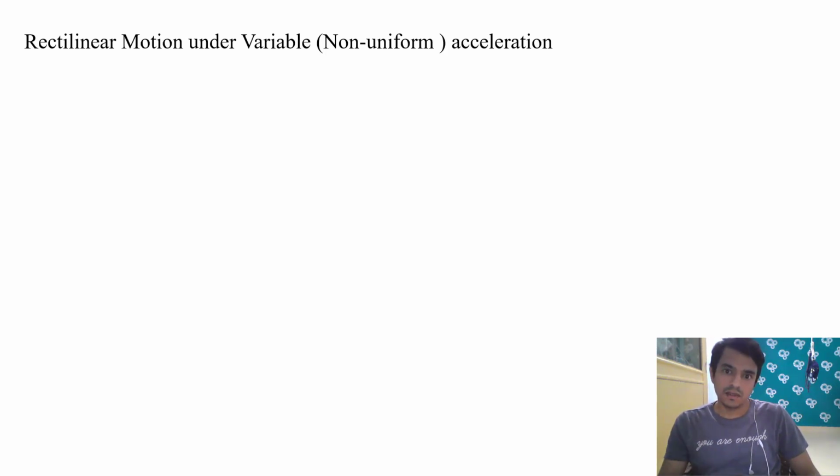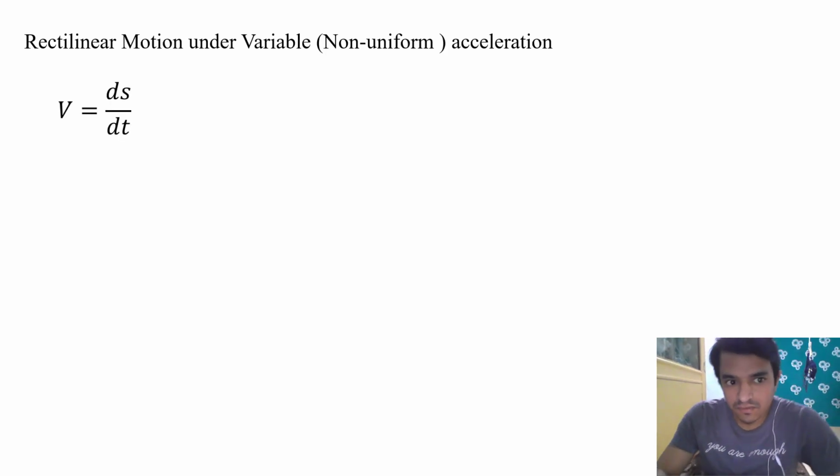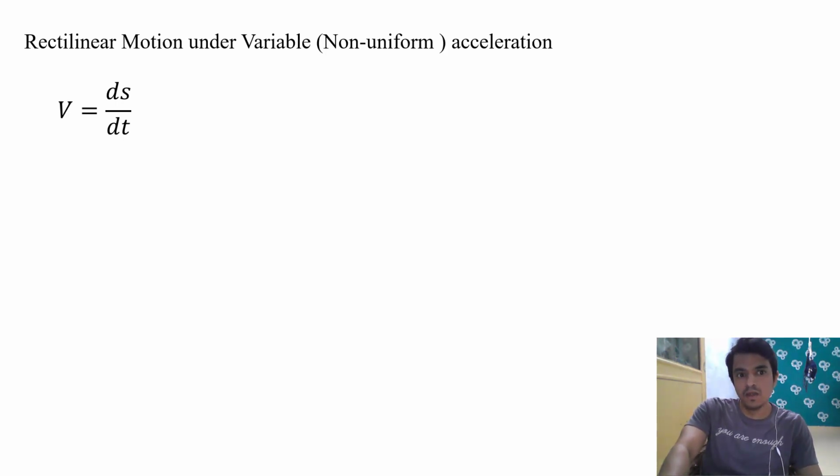In this type, the question will be given like s in terms of t. The equation of displacement is given in terms of time, or the equation of velocity is given in terms of time, or the equation of acceleration is given in terms of time, or sometimes the equation of acceleration is given in terms of velocity also. We will solve that using the simple basic definitions. First definition, velocity is equal to ds by dt, the rate of change of displacement with respect to time. So if the equation of displacement s is given, then simply by taking the derivative of that I will find the equation for velocity.